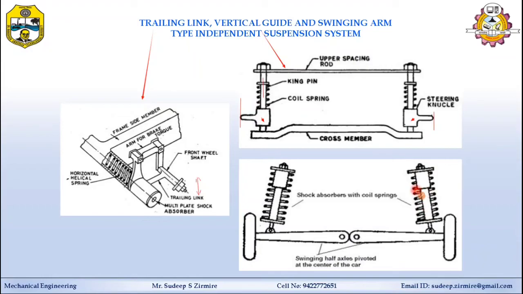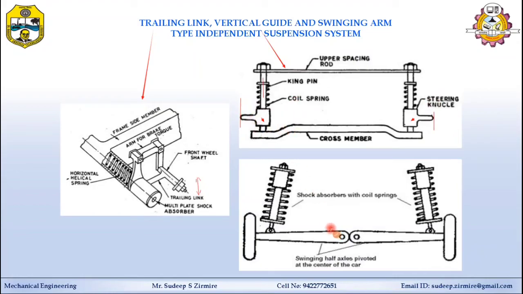In this system, the caster angle, camber angle, and the track of the wheel are not altered. Please note down this point. The camber angle and wheel track are not altered. The wheel only rises and falls. The main difficulty in this system is keeping the sliding member free from shake and slackness, so there is more of a bouncing effect in that case.